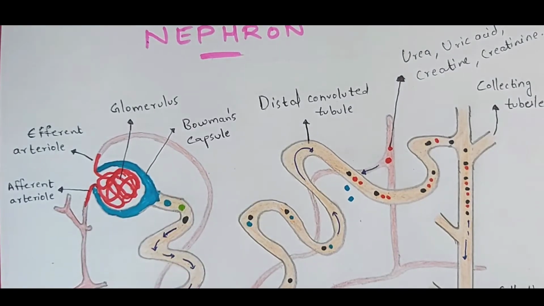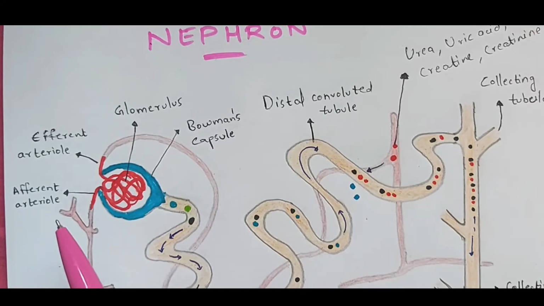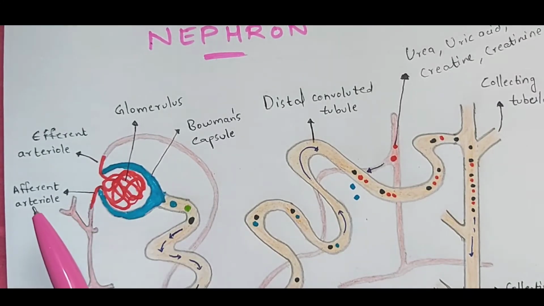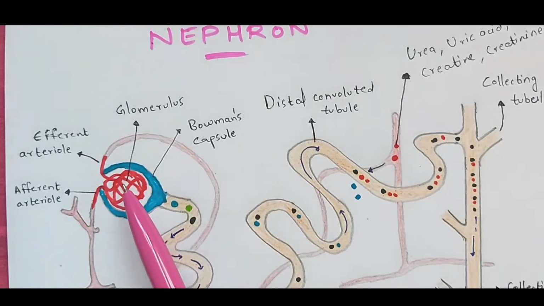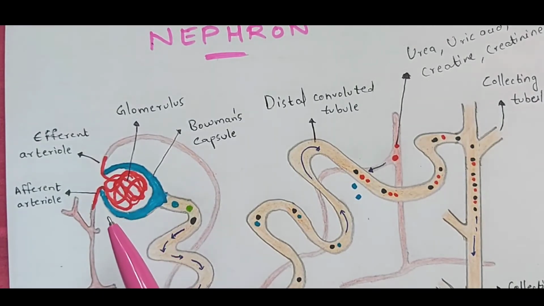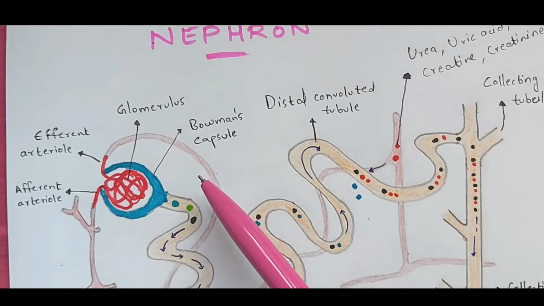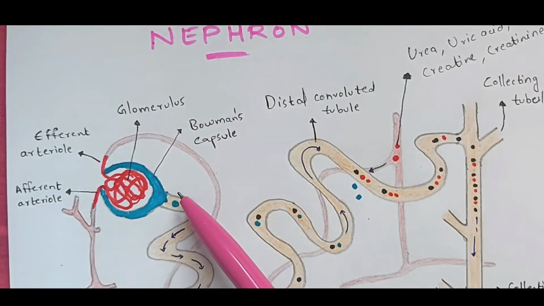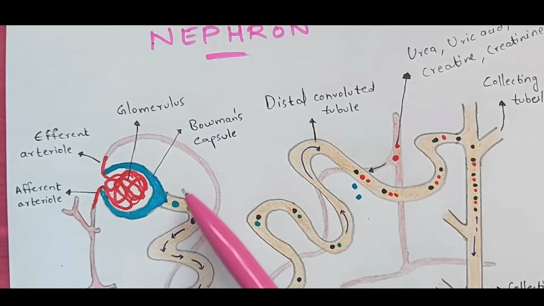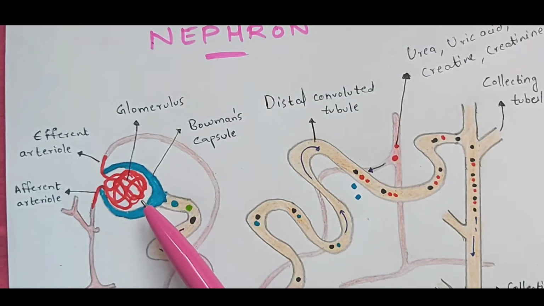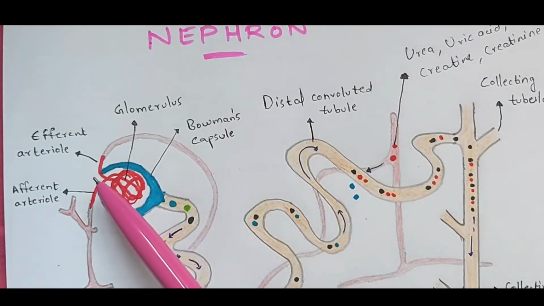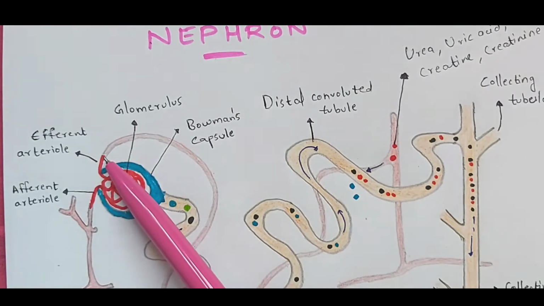So how will it be done? Let us see now. I have told you there will be an afferent arteriole and an efferent arteriole. The afferent arteriole will receive the blood, and once it receives the blood, it enters into this glomerulus. And now the blood filtration will be done. Once the blood filtration is done, the water, salts and waste material, along with some other useful materials like glucose, amino acids, fatty acids, vitamins, sodium ions, potassium ions, different types of molecules will be filtered out, and then the purified blood will get released from this efferent arteriole.